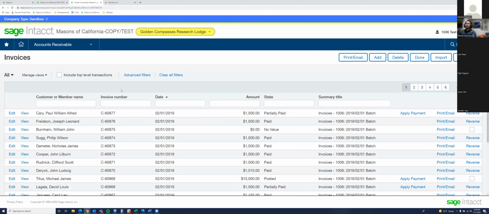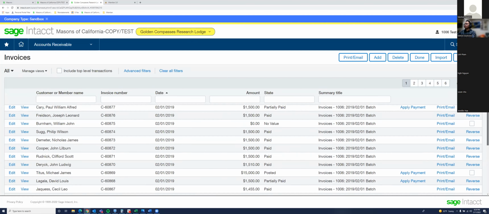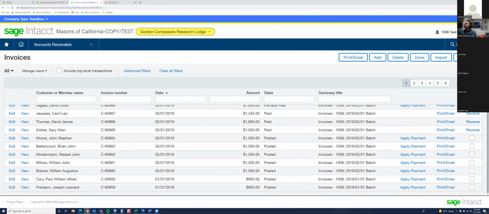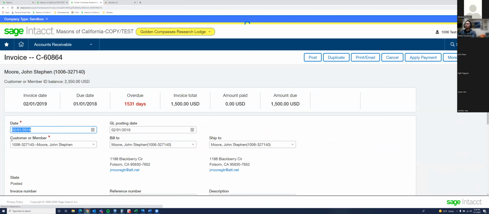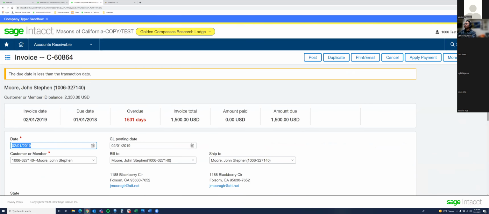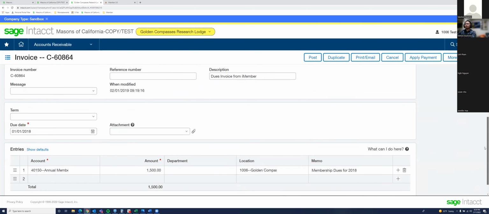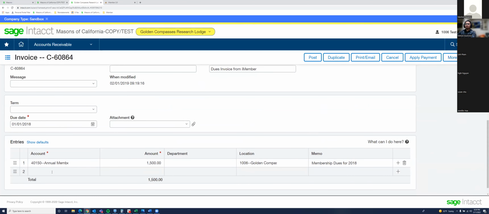Next, I'll be talking about another scenario in which the lodge has to demit or remit the membership dues of a member. In this case, we'll be demitting Mr. Moore. And what we're going to do is click edit on the left-hand side, we would scroll down, and then the account that we will be using